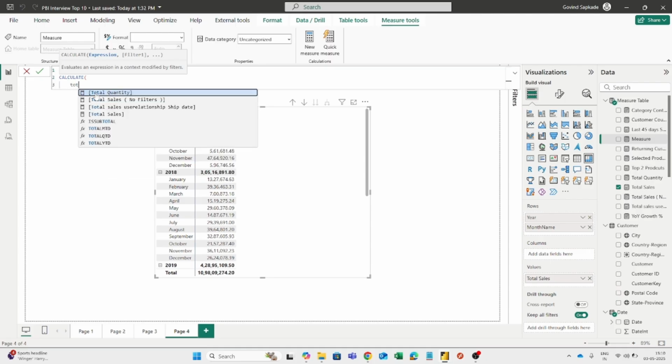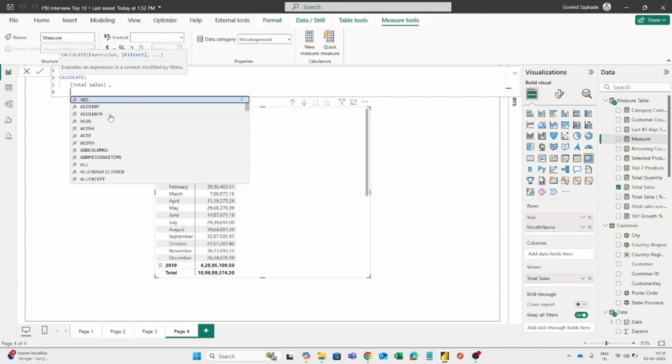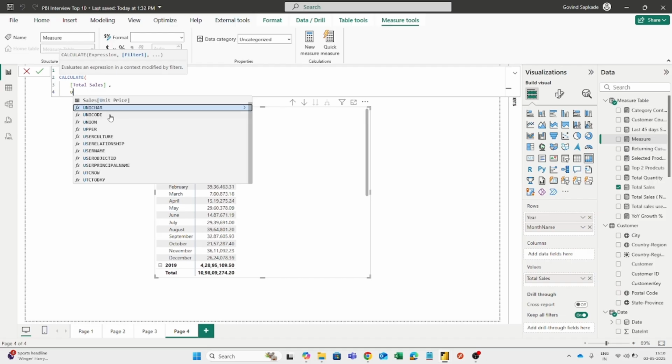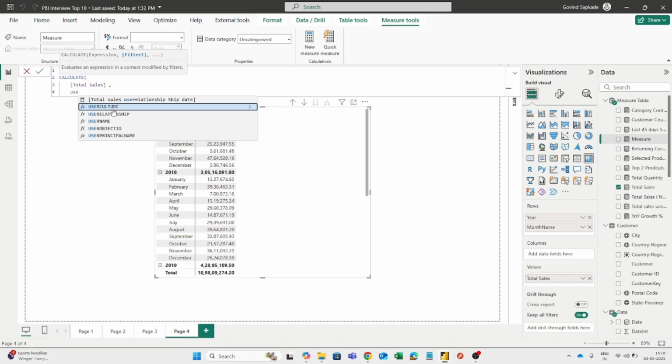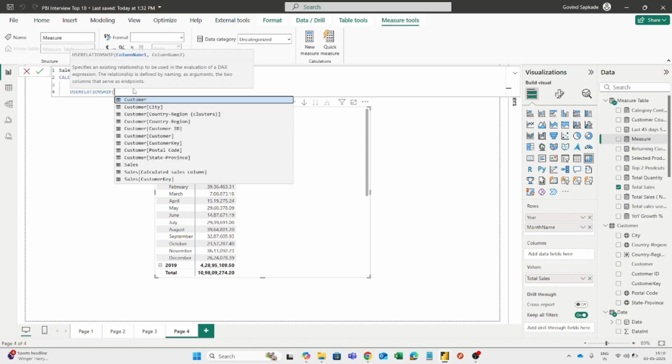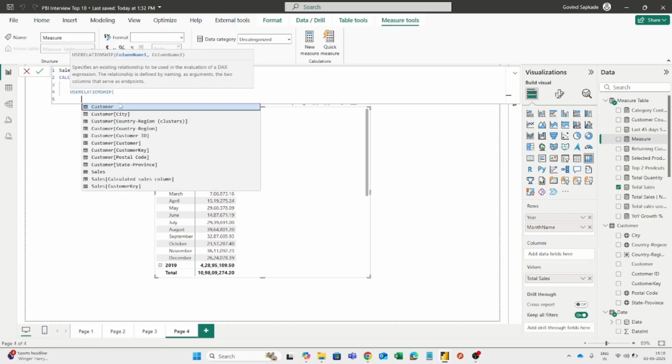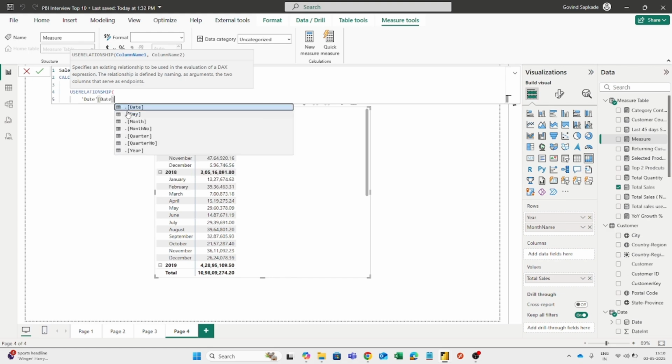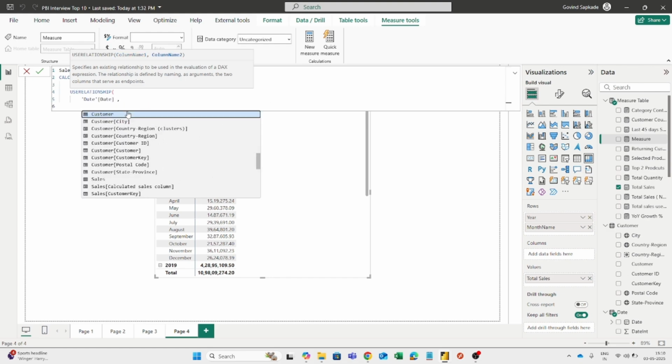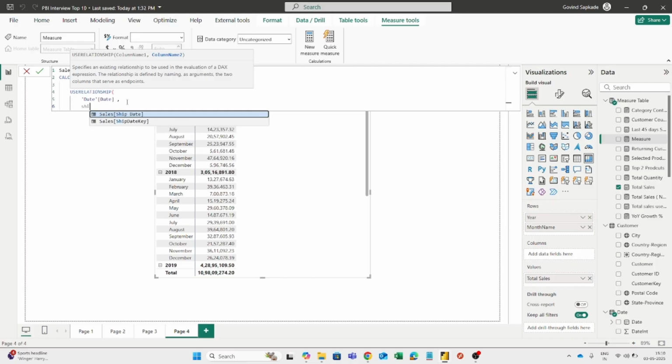Here I can give the expression, which is my total sales, and I would like to calculate it not on the basis of the order date, which is the active relationship, but based on the ship date. I can use that particular relationship by using USERELATIONSHIP. Column name 1 would be the date table's date column. You have to pass both the columns involved in the relationship: date from the date table and ship date from the sales table. Once you do that,